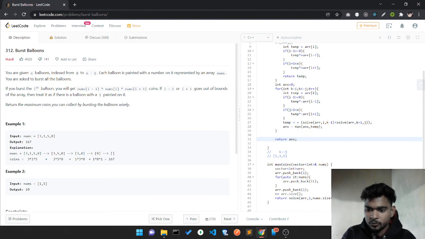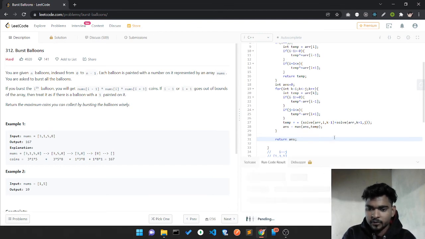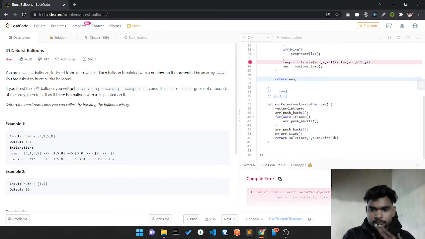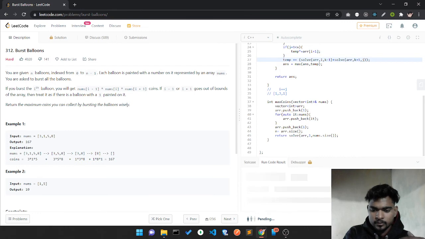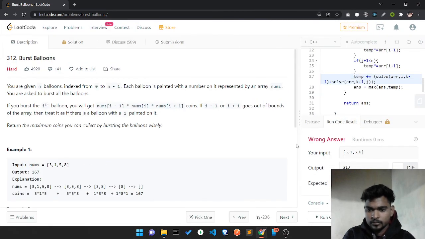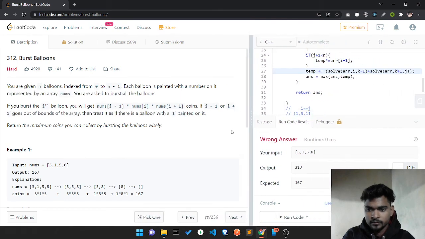So let's try whether this is working fine or not. Okay, it gives us an error. What is the actual error? So unexpected. Okay, now it gives us a wrong answer.